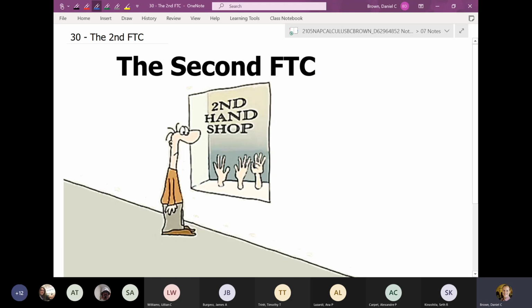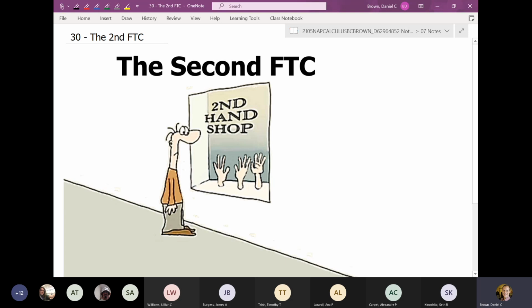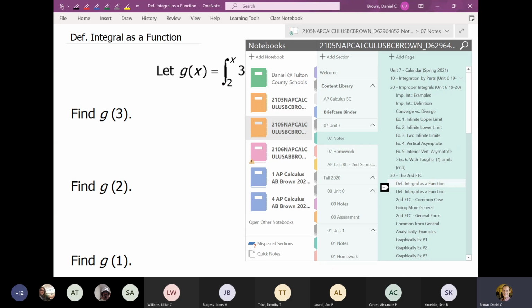And we are going to be looking at something called the second fundamental theorem of calculus. So we learned the first fundamental theorem of calculus, and the first FTC basically revolves around how we evaluate a definite integral. The second FTC deals with taking the derivative of integrals. And what I mean by that, before we get into the second fundamental theorem of calculus, I want to talk